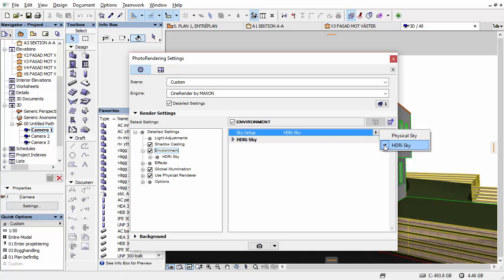Now, what's going to be the best time or best way to choose each of those two? Actually, the rule of thumb for me is the physical sky. I'm going to go ahead and use this setting over here if we need to make a clear sky, or a sky with a little bit of